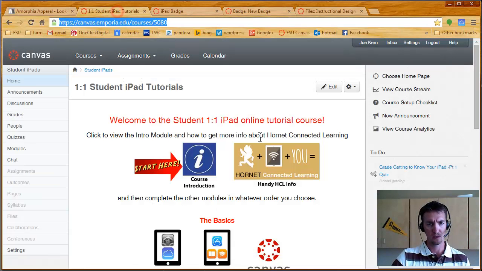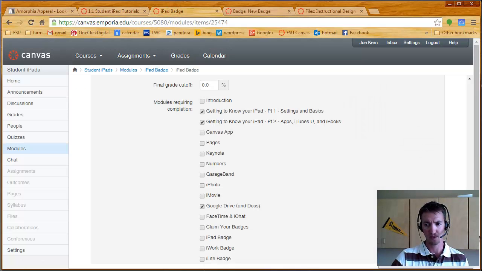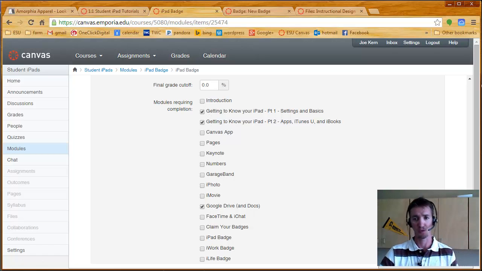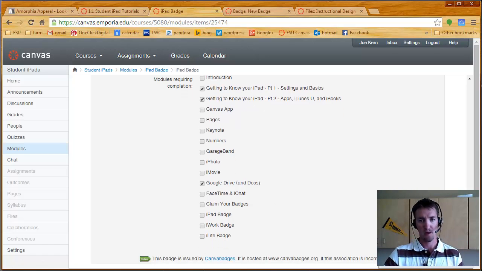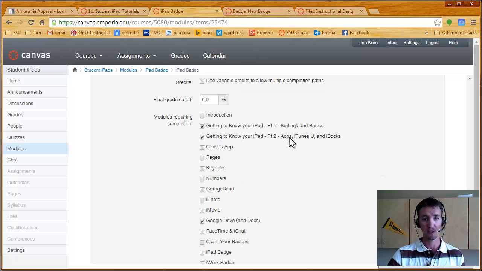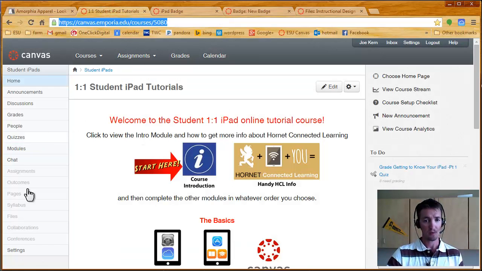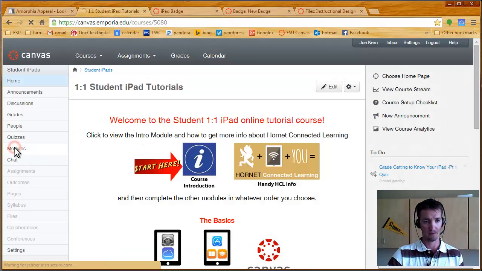In the student iPad tutorial course, for these badges, they're set up without a grade cutoff, and so the students have to answer or complete these 3 modules in order to get it. The way I wanted it is they have to score 100% on a module for it to be complete, and I don't adjust that within the badge. That is adjusted in the modules themselves. So at the course level, I looked at modules,